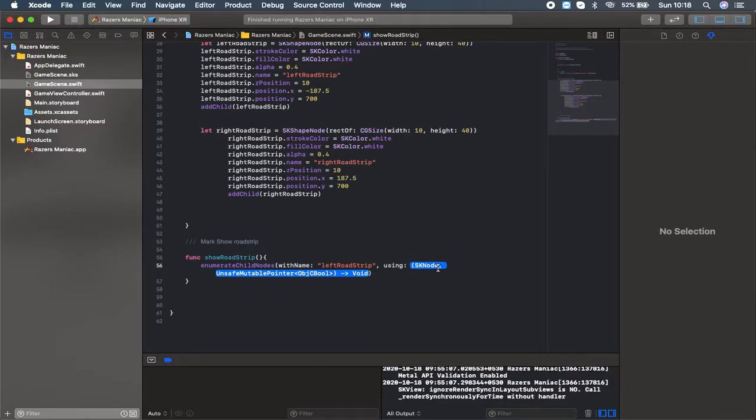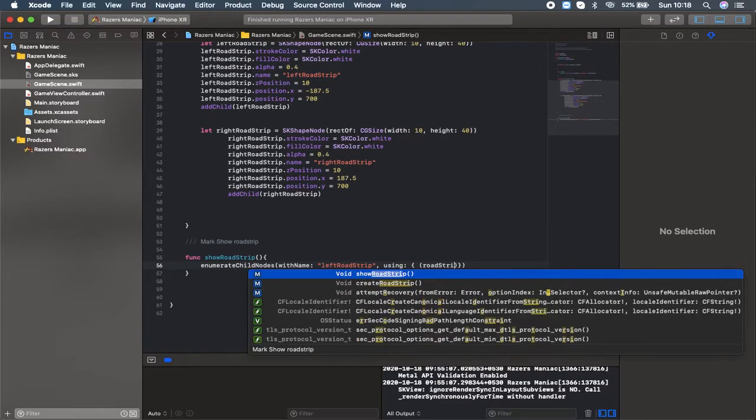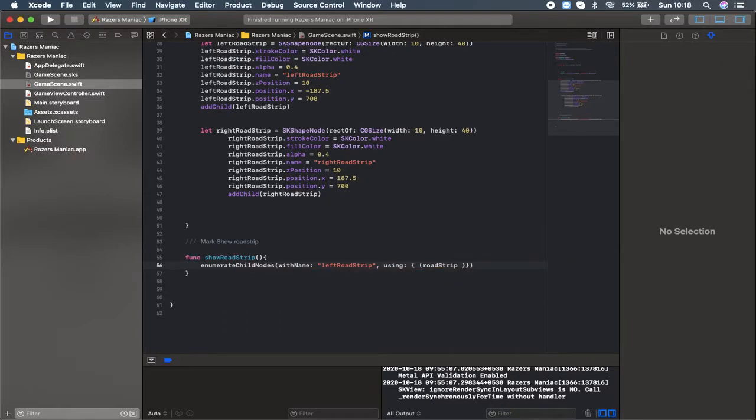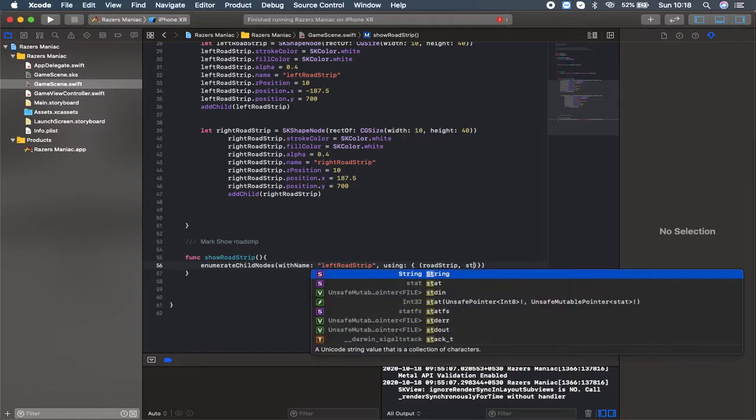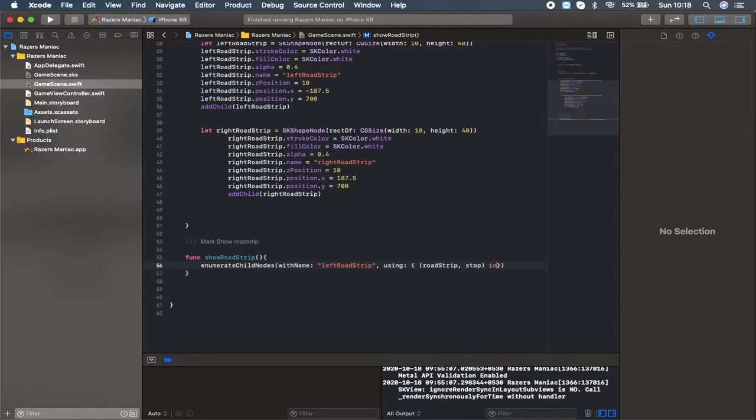So by using this, I'm going to put a cursor, which means the road which I need to show is road strip, and in case I need a stop, I need to write a stop as well. Here we are not going to stop unless the car crashes. So inside this, what I'm going to do is let strip be equal to road strip